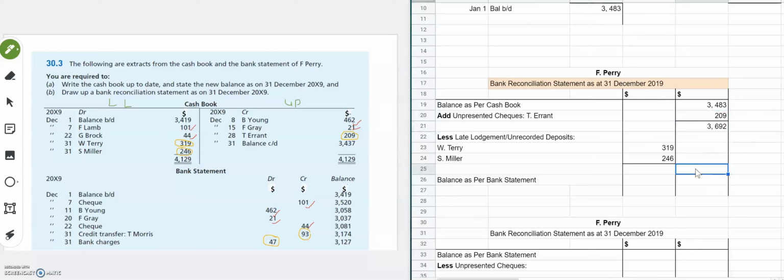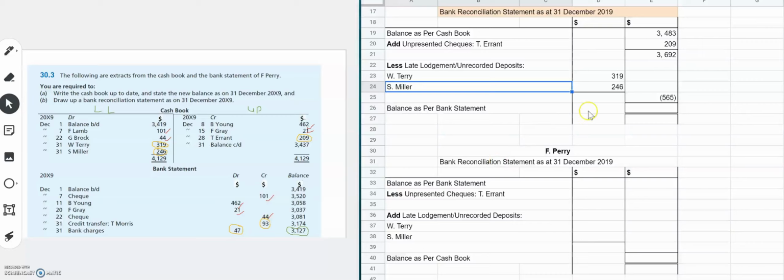Alright, so 319 plus 246, that will give you 565, right? And it says less, so we're supposed to subtract the late lodgements, right? 565 from 3,692 will give you